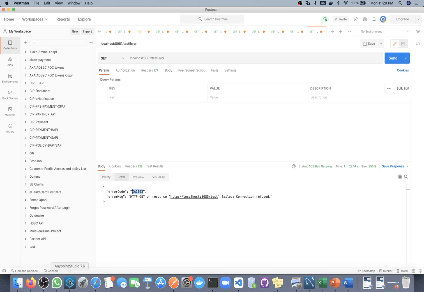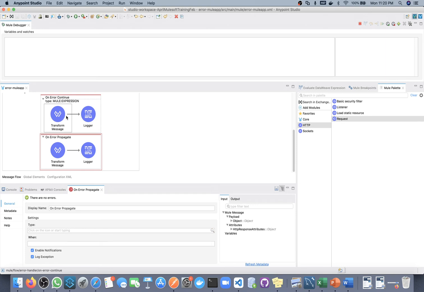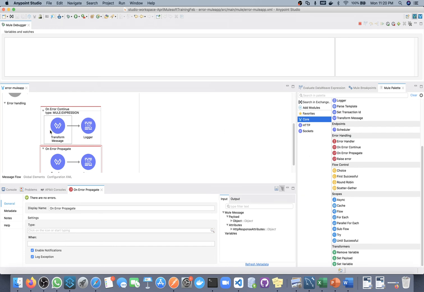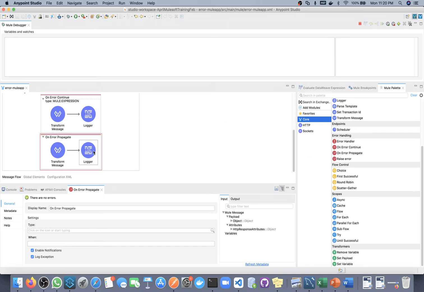Now what I want to do, instead of sending this error to this on error propagate, I will create one more on error propagate in between these two, and configure the type HTTP connectivity here. So go to code. I don't want to handle it with this generic error handler.